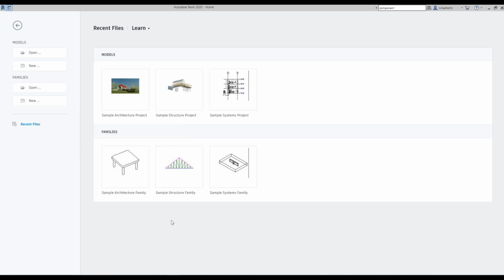Let's start with the first one, by category. Okay, so what do we mean by category? Well, by category we mean, for example, walls category, or windows category, or doors. So by setting a material for a specific category like walls, each time you create a wall, the material you selected for that category is assigned to it.